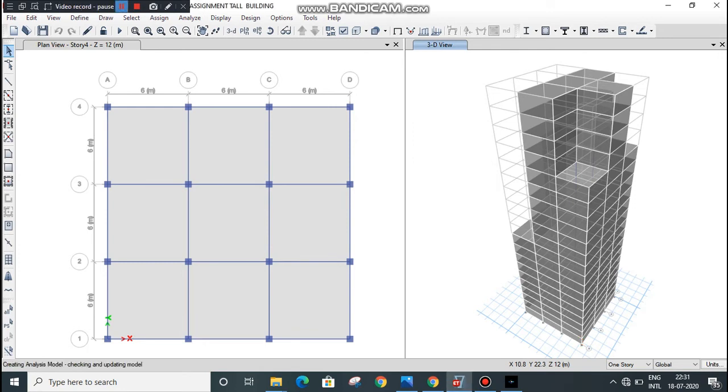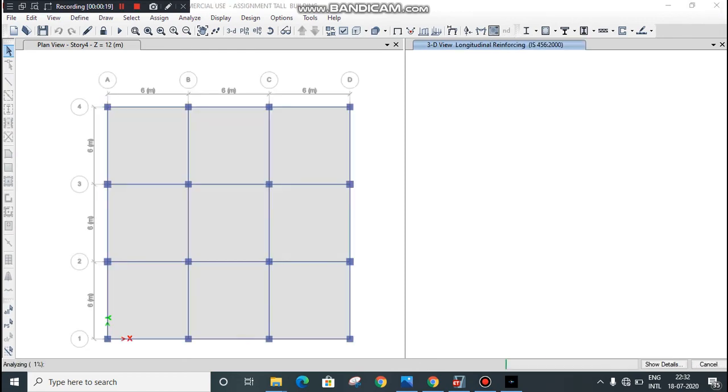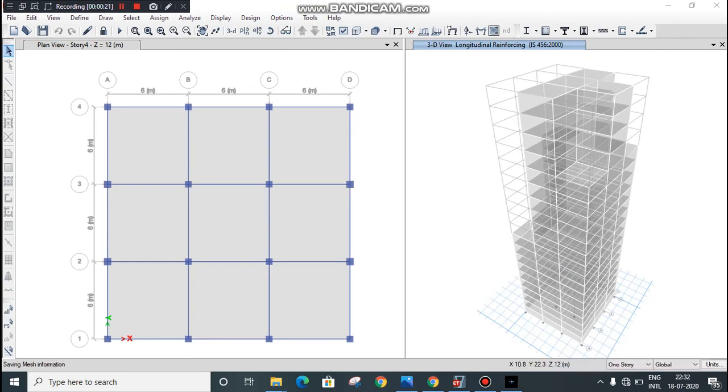Software itself, because we have used auto select column beam option, will use different dimensions for columns and beams, and the analysis and design will occur by default by the software.